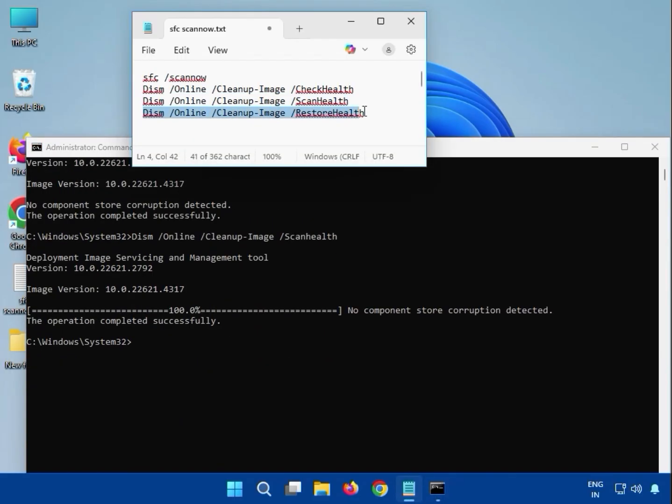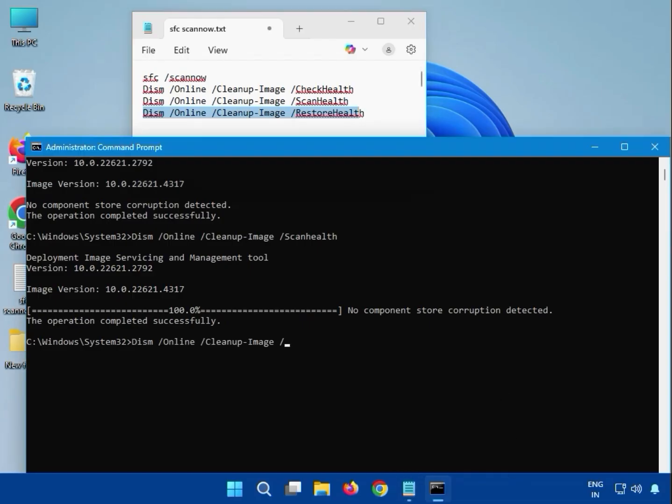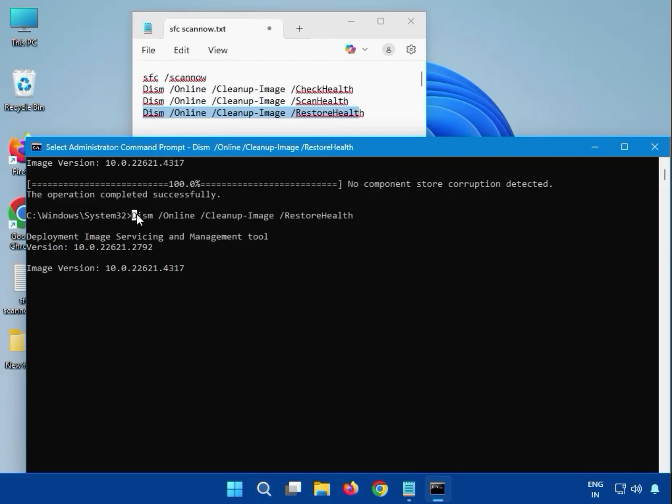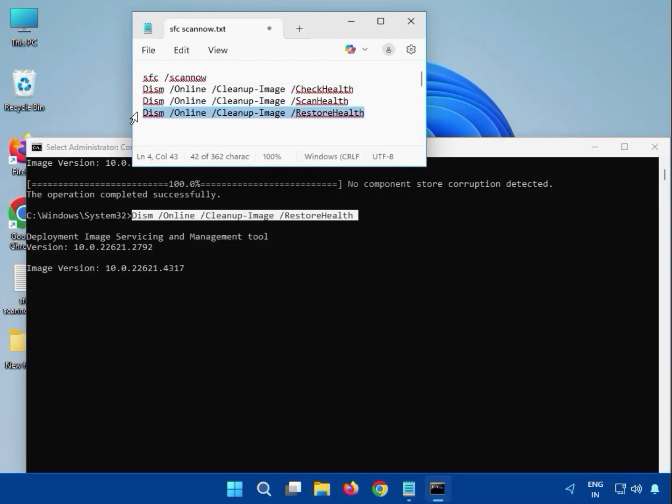Then guys, fourth one, which is restore health, you can see here we can enter DISM and all. And please note small and capital. Okay, restore health, and then hit enter. Again guys, you have to wait. Okay, it starts the percentage, it will complete. After that you can see here